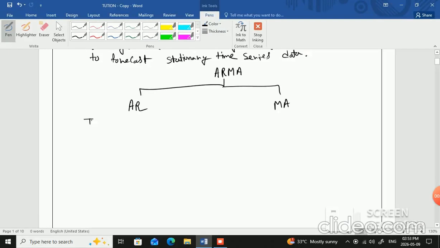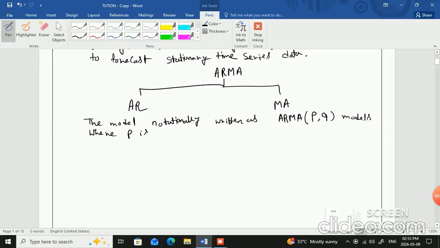The model is notationally written as ARMA(P, Q) models, where P is the lagged observations, or the order of the AR autoregressive model,